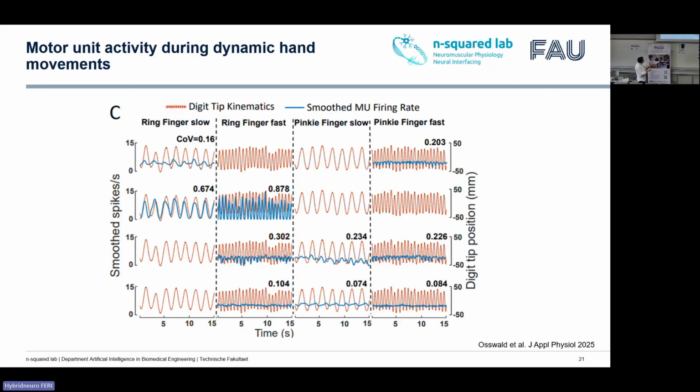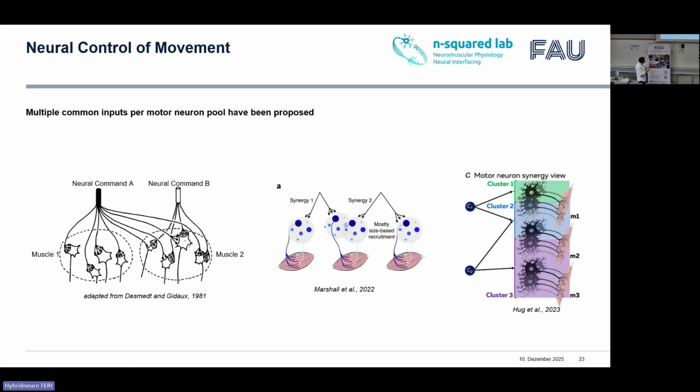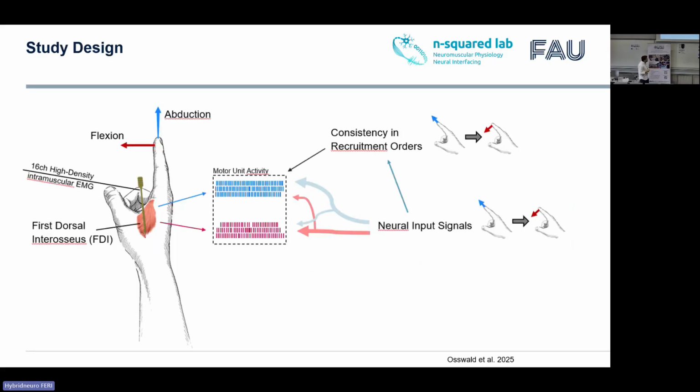So now we have this data, and there have been a lot of hypotheses about that in the past. Desmedt was one of the first to hypothesize that you have different neural commands that can either project to the muscle that is doing the task, or they can also link to other muscles. A more recent study also proposed this view, that the nervous system will send one signal to multiple muscles. And there is one experiment that was actually designed by Desmedt, and this experiment is very interesting